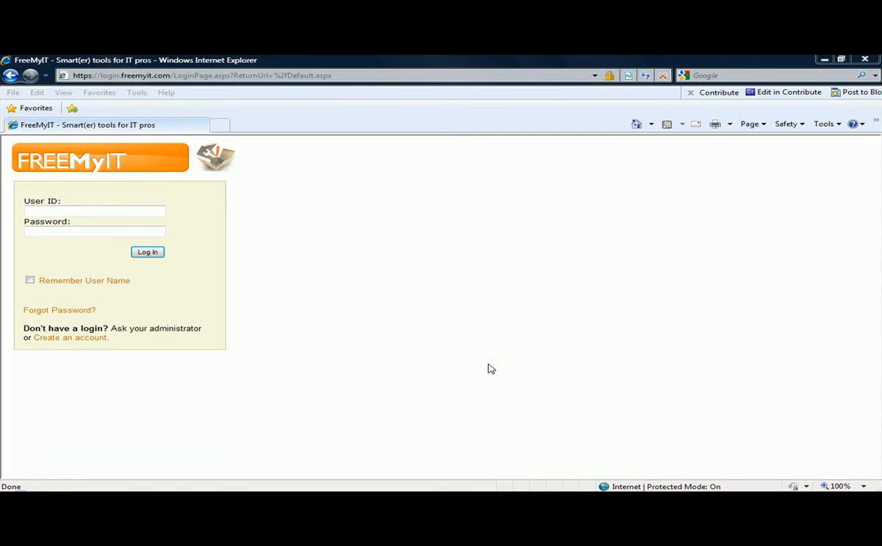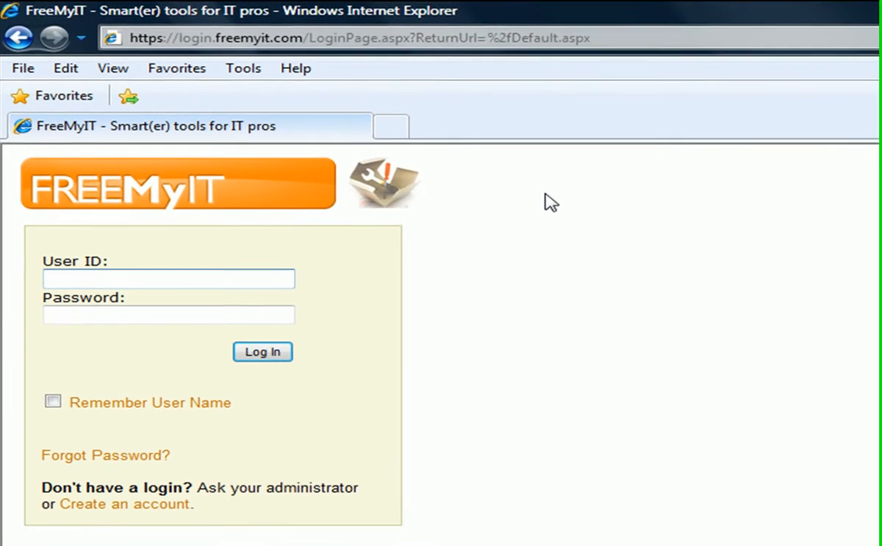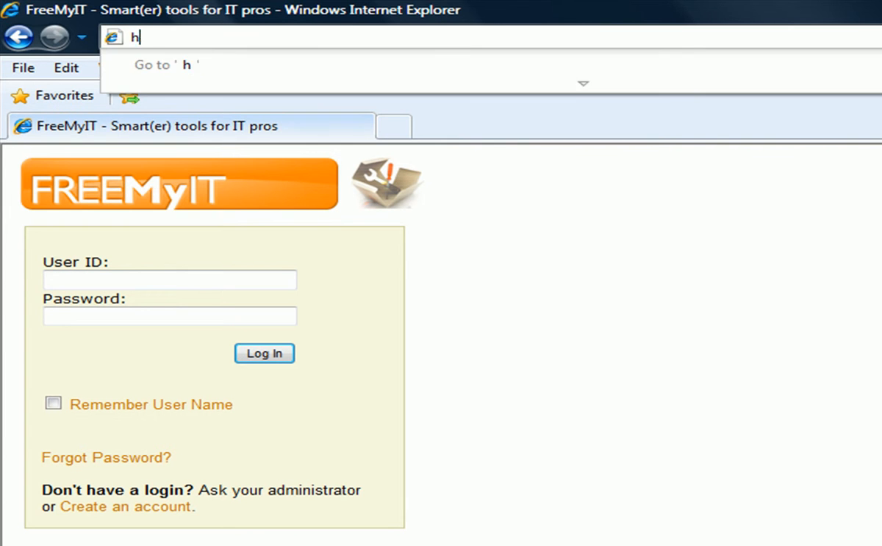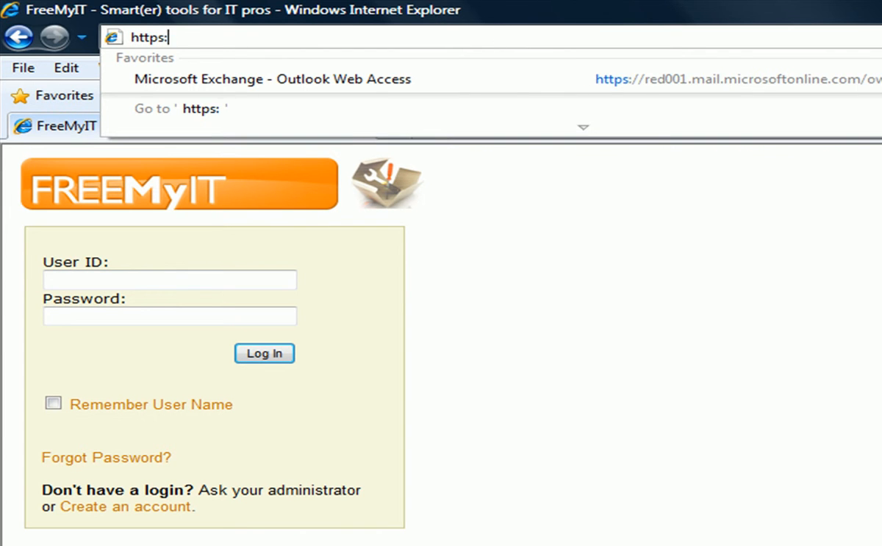I'm just going to show you basically how to log into the FreeMyIT portal, and we're going to show you how to add and manage users. First, I'm just going to log in up here. Well, actually the web page that you're going to want to go to, we'll start there first, is https